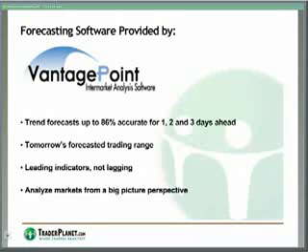When we look at the predictive indicators that we're going to talk about from Vantage Point, we are using typical prices. That's the average of the high, the low, and the close. Most analytical software, most indicators use only the close as their price point, but computer analysis has determined that typical prices are more useful for forecasts because they take into account the whole trading range for a day and not just one price at the end of the day.